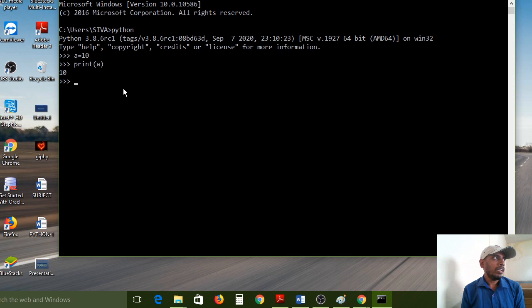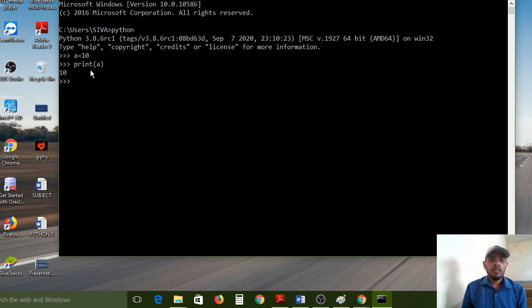So it is only for testing purposes. This Python shell is used only for testing a piece of code. For that purpose, we use the Python shell. Here a is equal to 10 is one statement, print is one statement, and 10 is the output.